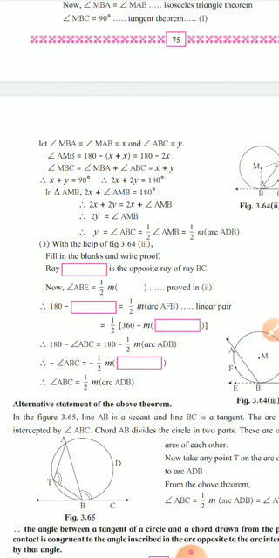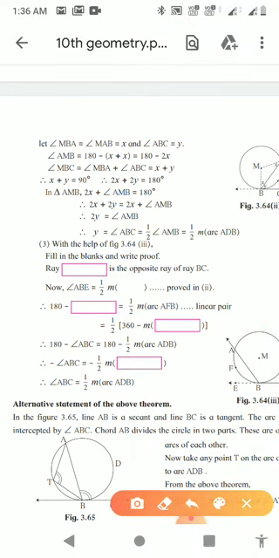So now 180 gets cancelled out here, and minus angle ABC equal to minus of measurement of arc ADB, isn't it? So same arc is there, and minus minus again get cancelled out, or we can write ABC equal to half of measurement of arc ADB. So in this way, again with the third case, we can prove that measure of the angle is half the measure of its intercepted arc.